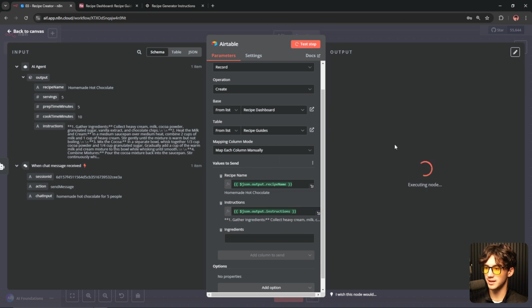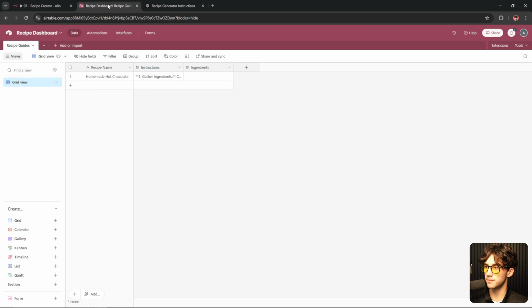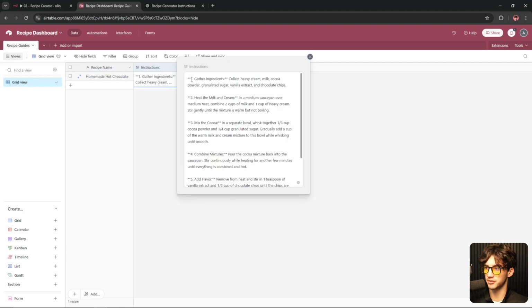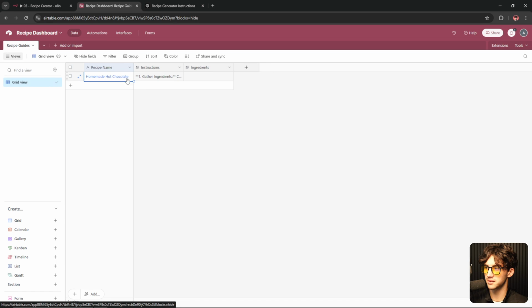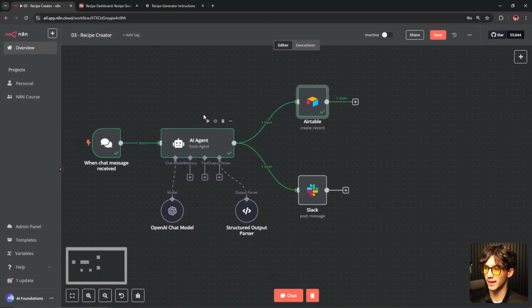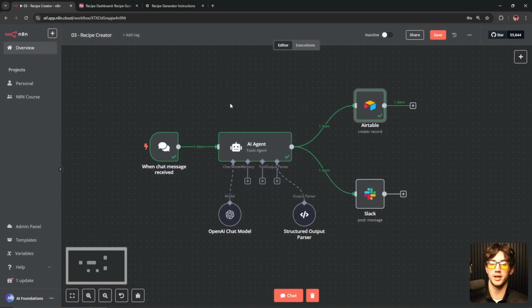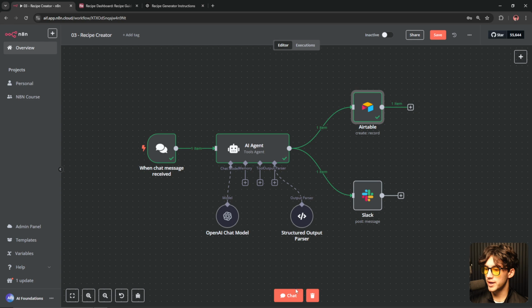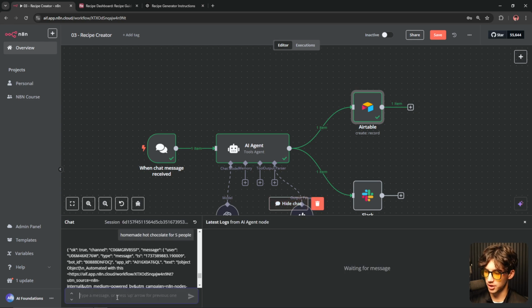So now when I hit test step, what this is going to do is take the different mappings and map it to the respective columns. So now we just have the ingredients and ingredients. We just have the recipe name under recipe name. This is really the power of JSON outputs. You could even go a lot more advanced, and I'll show you a couple of advanced examples. But right now we have it working to a point where I could come in here and I can say